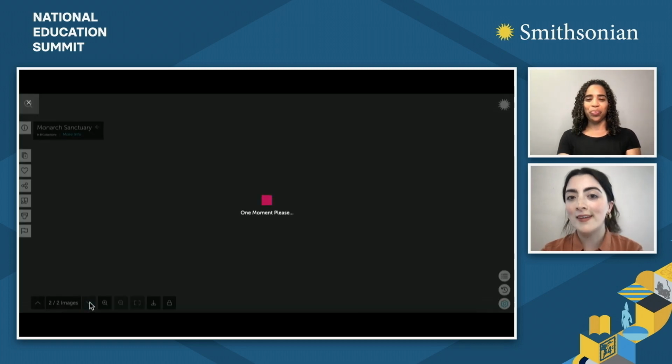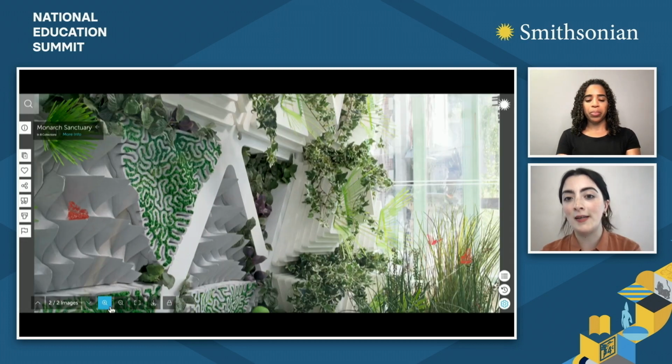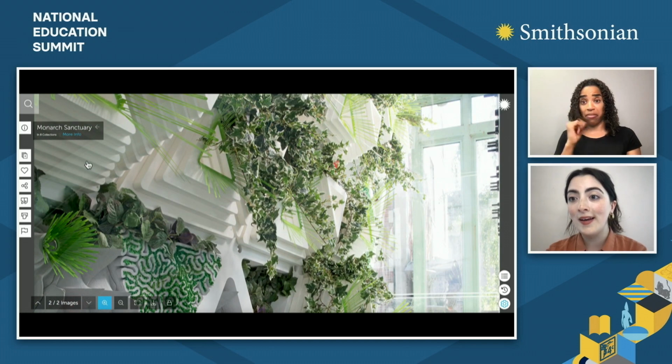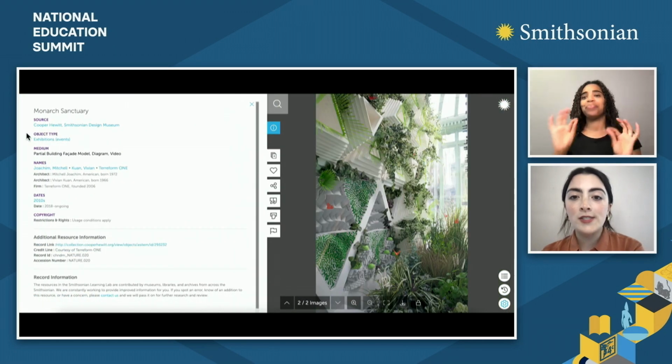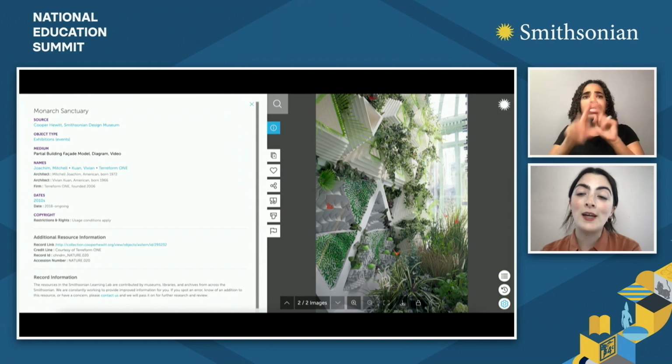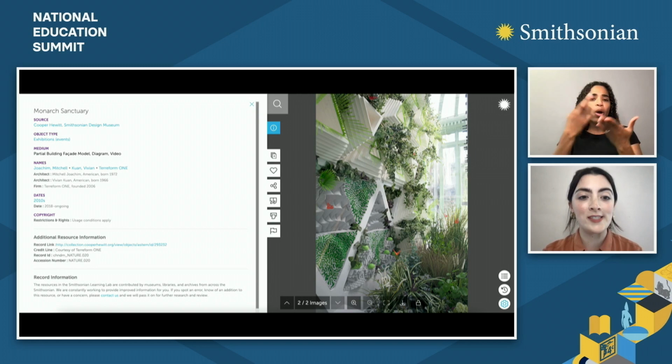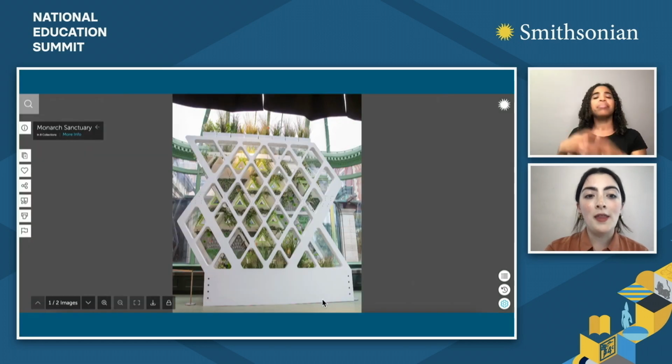And if not, that's fine. We can move over to the next slide. Perfect, thank you. So here you see me zooming in, navigating through images, and opening up that information panel where you'll find authoritative information about the resource from the museum that holds it. On the next slide,